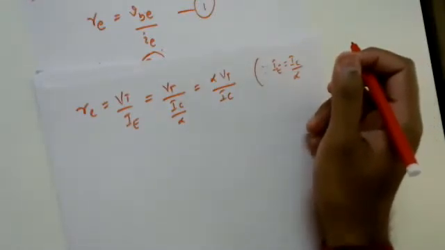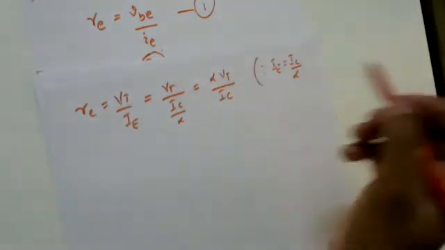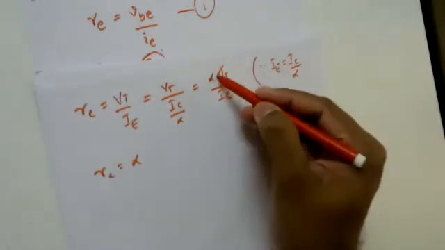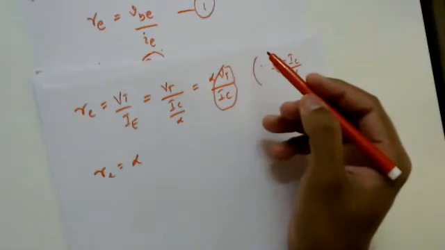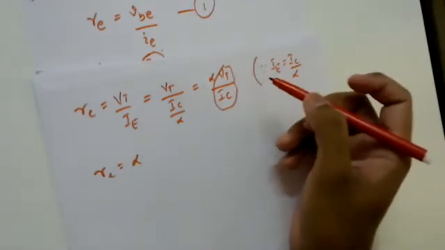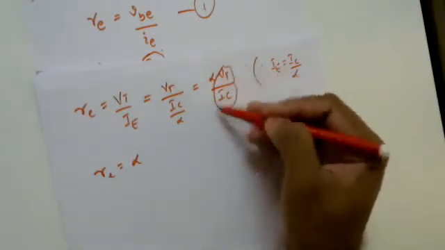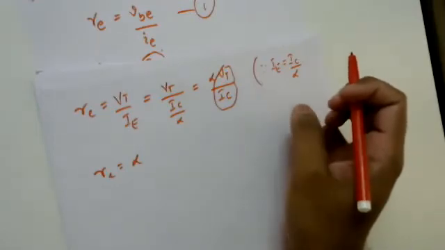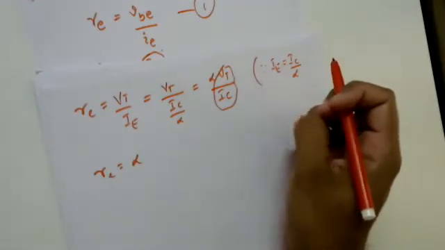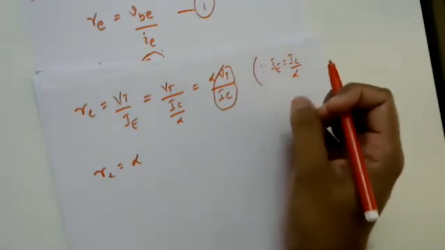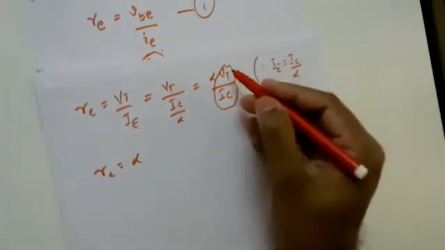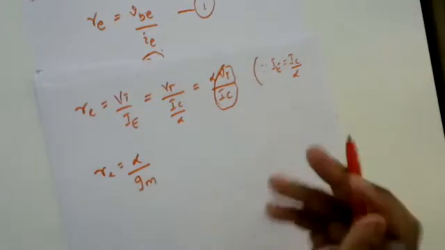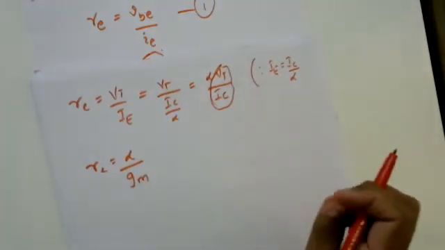Now next, this alpha stays as it is. What is this VT by IC? Do answer in the group chat. Yes, it is 1 divided by GM. So VT by IC can be defined as 1 by GM, so it is nothing but alpha by GM. Understood? It's nothing but alpha by GM.